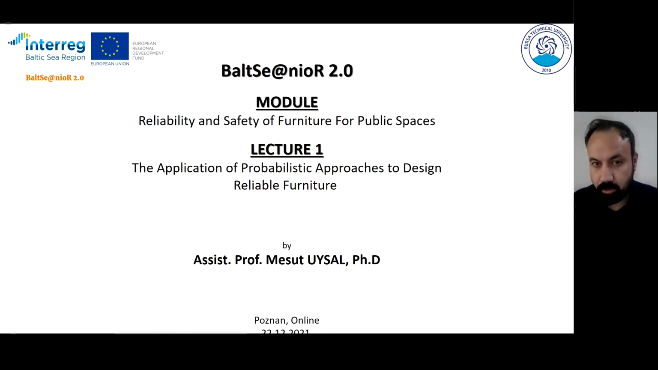Today I will talk about the application of the probabilistic approach, and what the probabilistic approach is. I will show you one example, and using this approach, how to design a reliable furniture. Basically I will give some examples from sample data, and then we will look at how we measure the reliability of a joint or the reliability of the whole construction. In today's lecture,